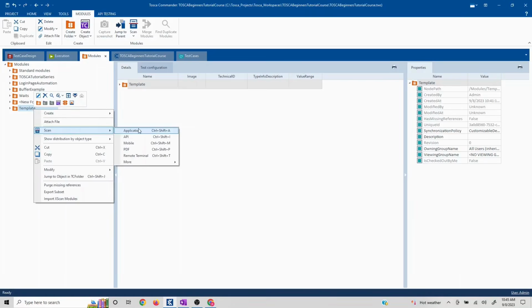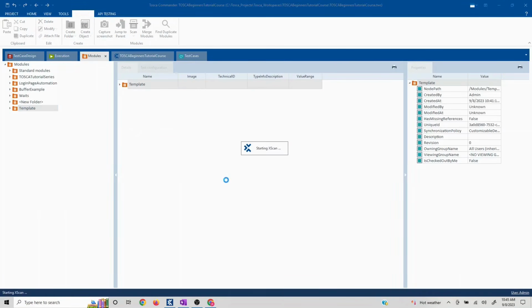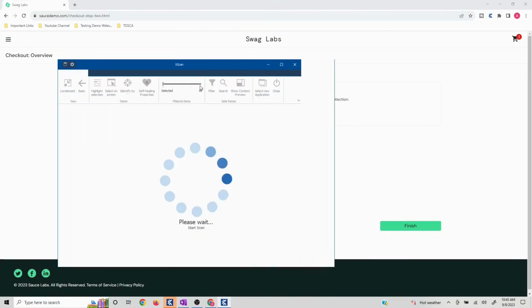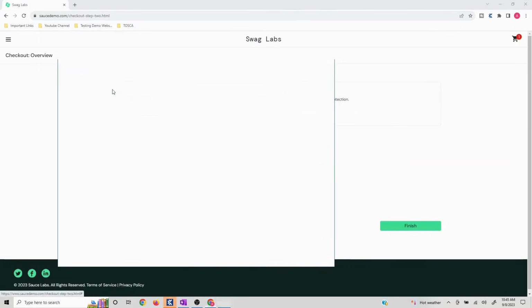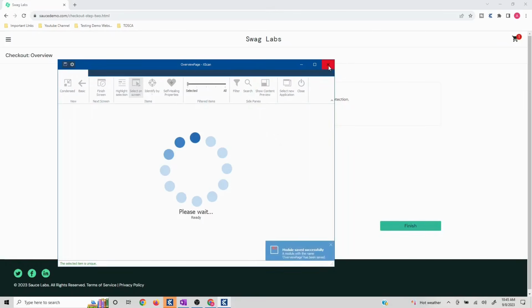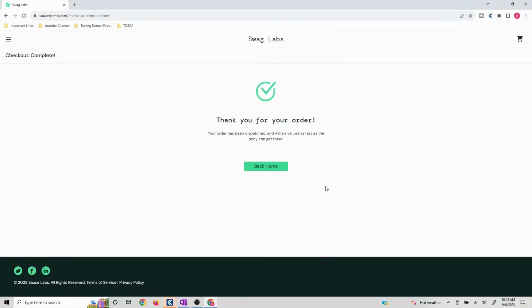So right click, scan application, scan. So this will give you an idea about end-to-end automation of at least one particular flow as well. So overview page. Okay, finish is, so I'll click on this, close this, I'll click on finish, and then I